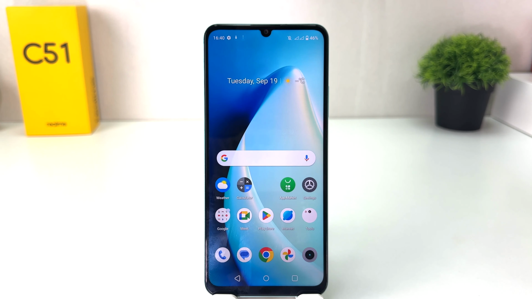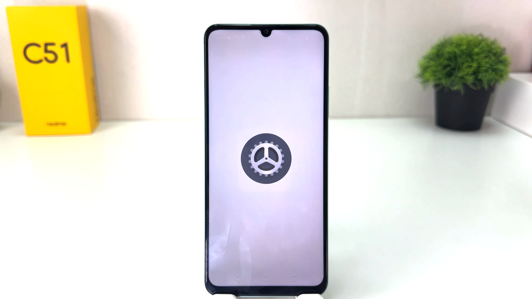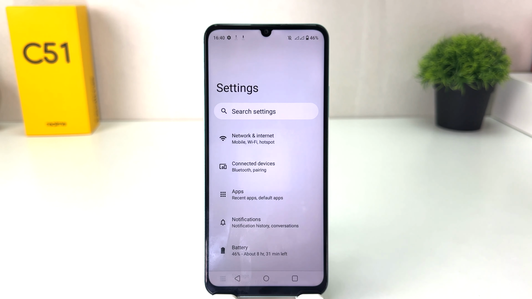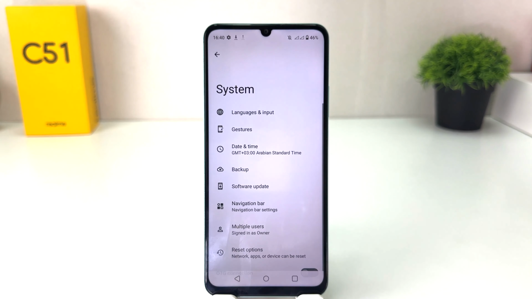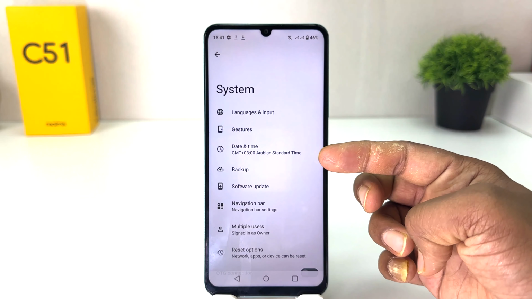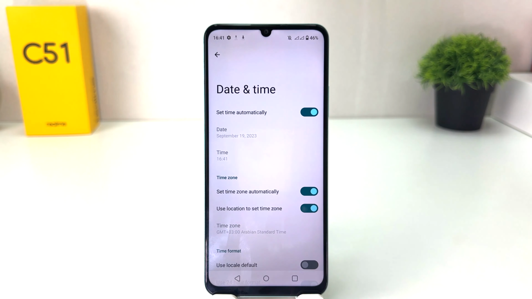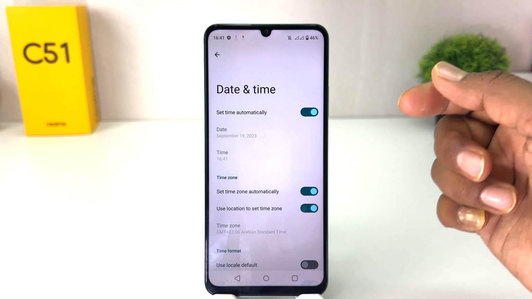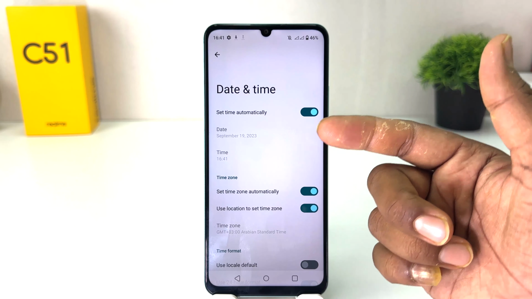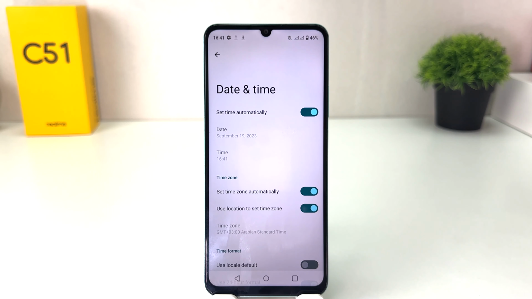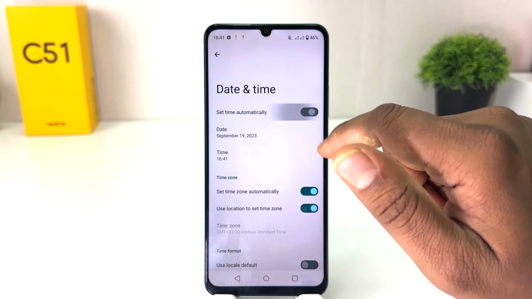You need to click on your Realme C51 settings section. After clicking there, scroll all the way down, and then you need to click on this system tab, and then you will find something that says date and time. After clicking on date and time, we will see my phone date and time is invisible, so I can't set manual date and time. If you decide to set manual date and time, you need to turn this off, and then